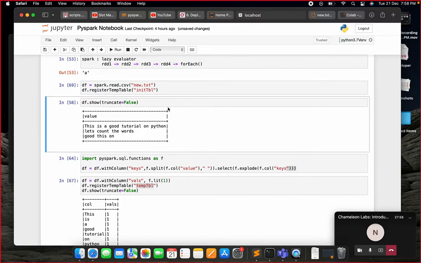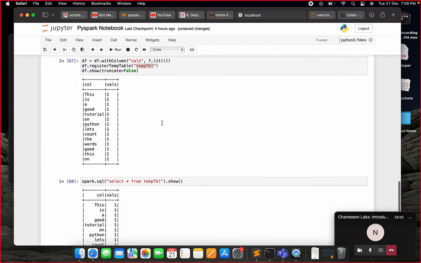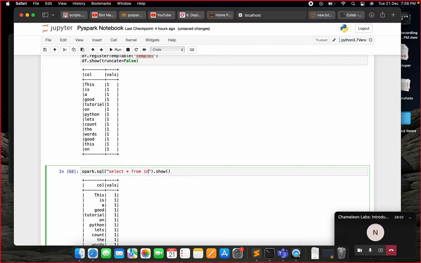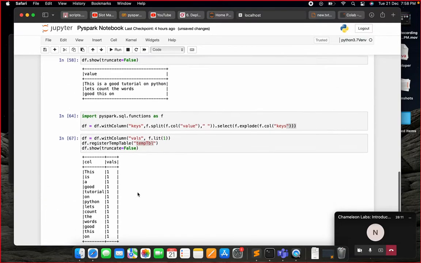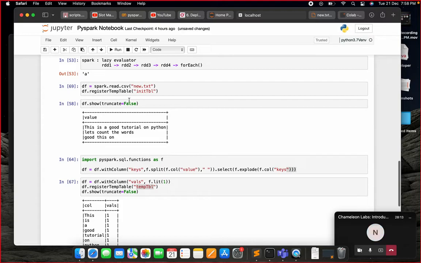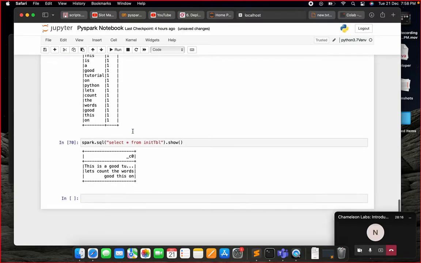Now if I say init table, this is my initial table. Now I'm able to access the same data frame, but by using SQL